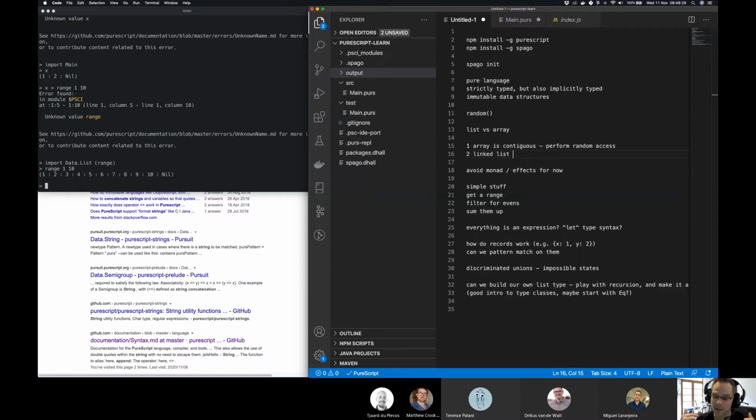It's really good for reading randomly. I can randomly read whatever I want, but to insert into it is difficult. It means I have to, what would you call it, defragment the array. I have to copy it to a new array with the new element into position. So that's the downside of an array.